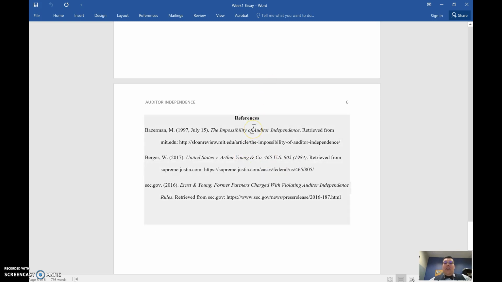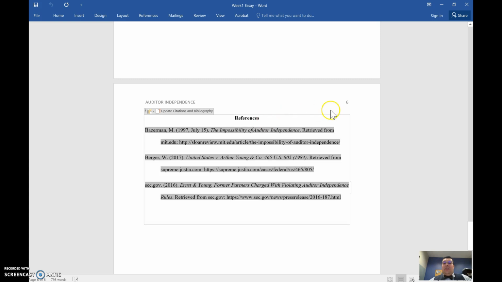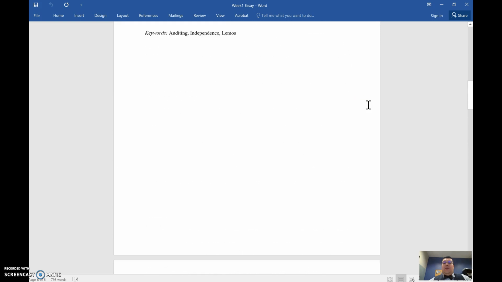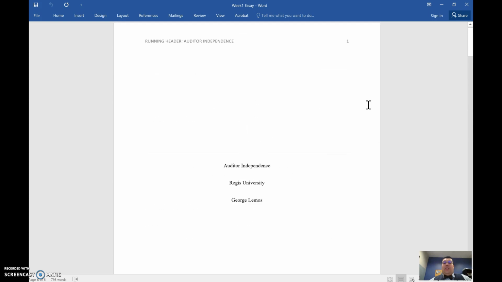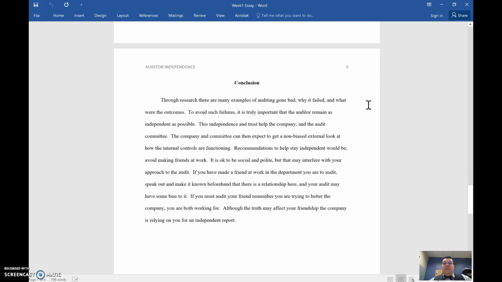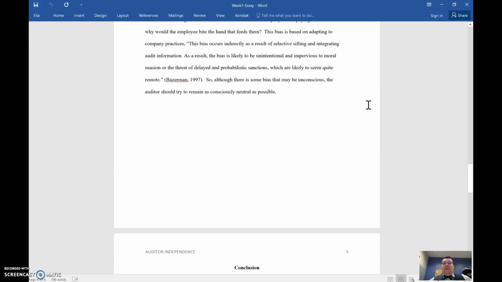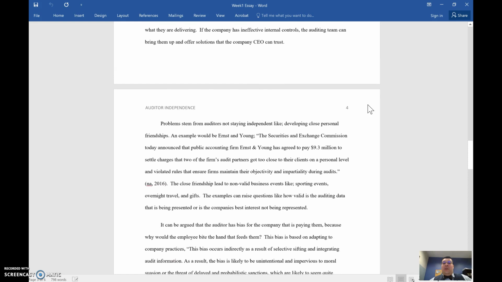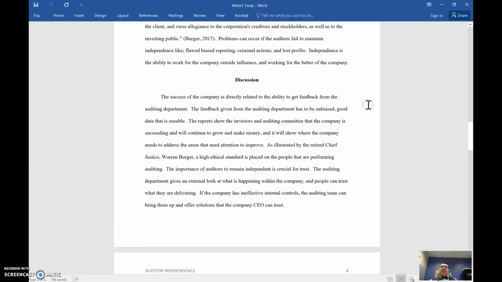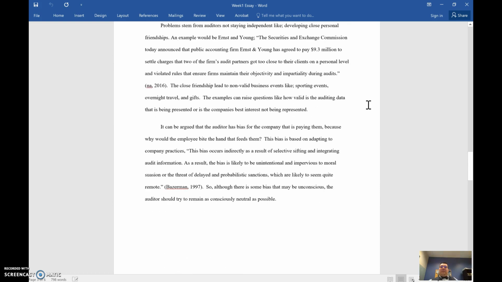Last page, references. The entire paper itself should be double spaced, Times Roman, 12 point, and it should be fairly easy for yourself to get a really just writing 2 pages of work. So if you do your paper and then I guess you can do your conclusion as 1 page too, but usually your conclusion is